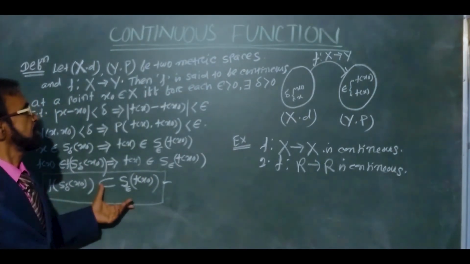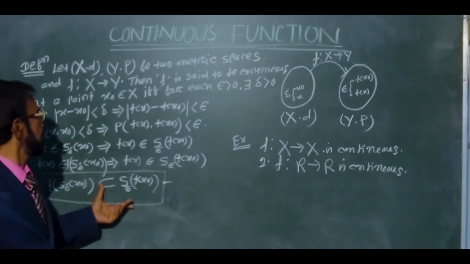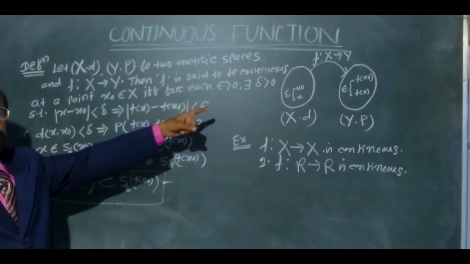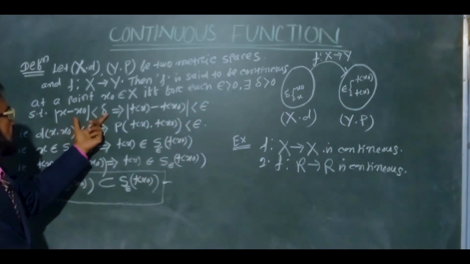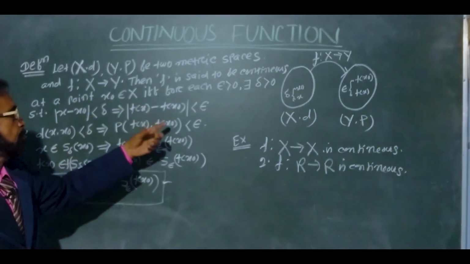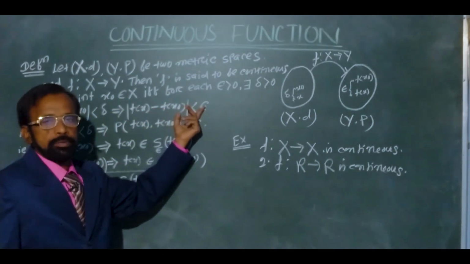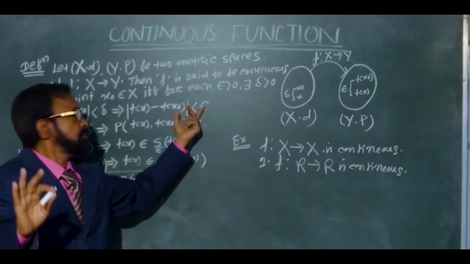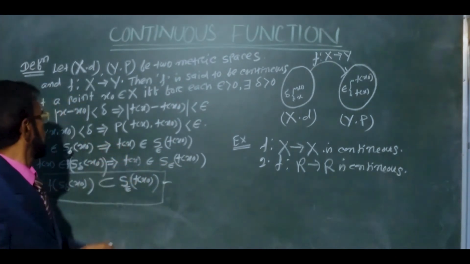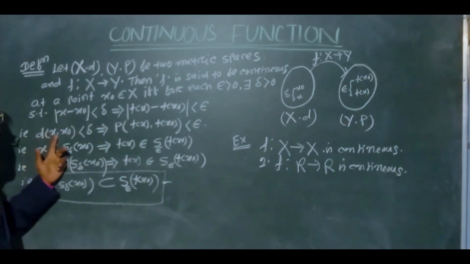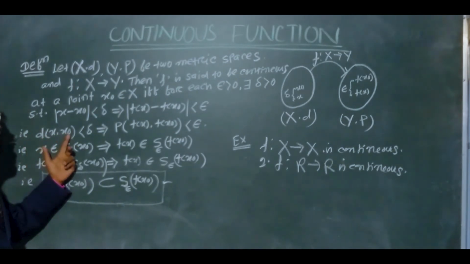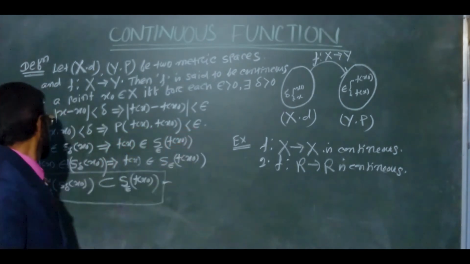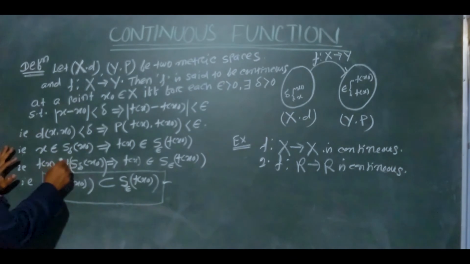Before, we know that a function is said to be continuous at a given point x0 if for each epsilon greater than 0 there exists delta greater than 0 such that |x − x0| less than delta implies |f(x) − f(x0)| is less than epsilon. Now in the distance function form we write it as d(x, x0), meaning distance from x to x0, less than delta implies distance from f(x) to f(x0) is less than epsilon,